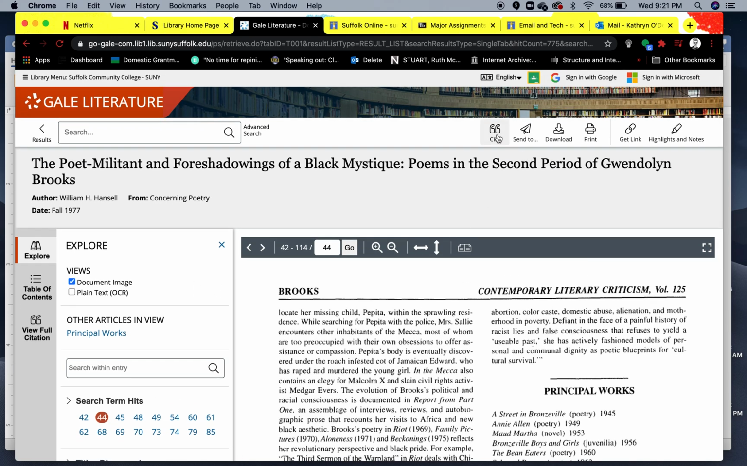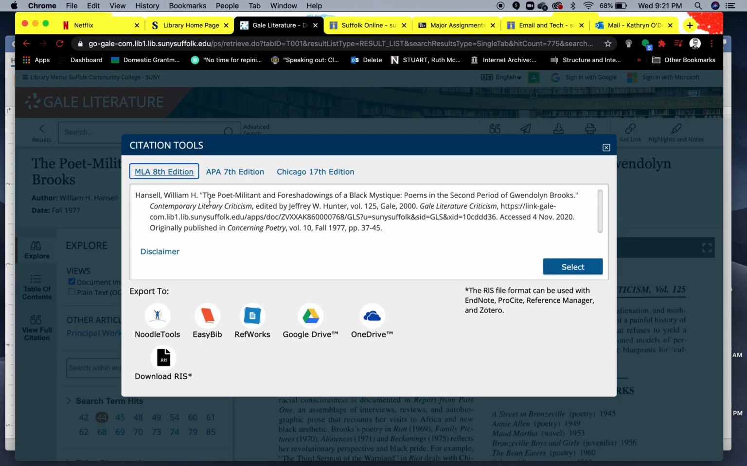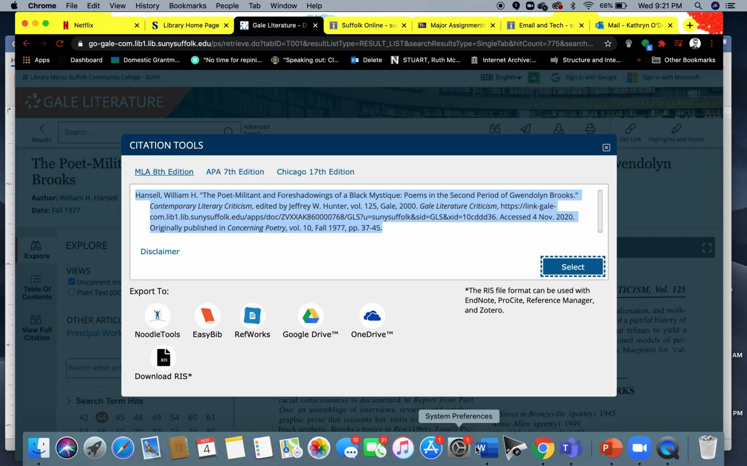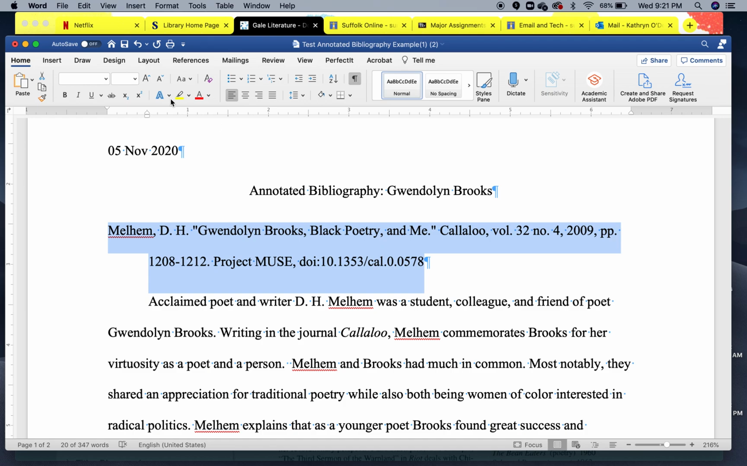If it is, go up here to Cite. Make sure MLA 8th edition is selected. Click on Select. Copy it by hitting Command C on a Mac or Control C on a PC. Go over to your open Word document